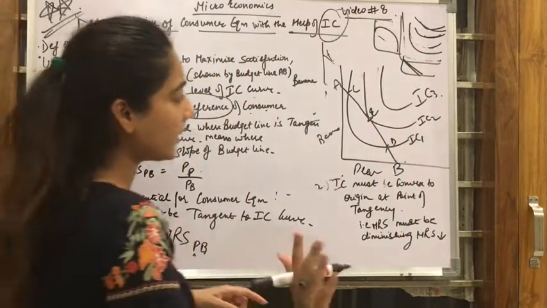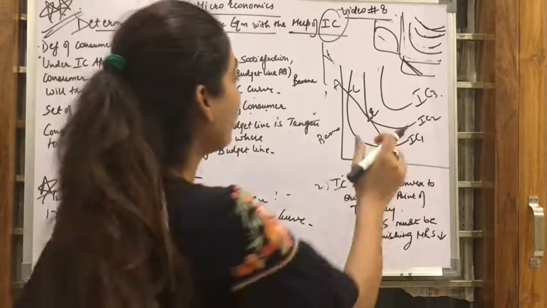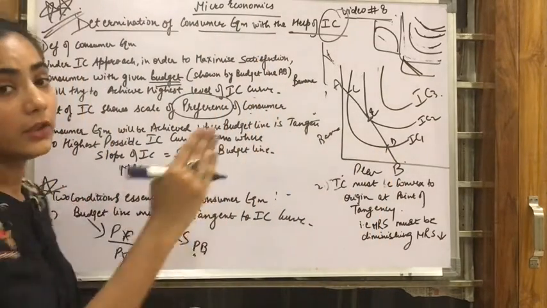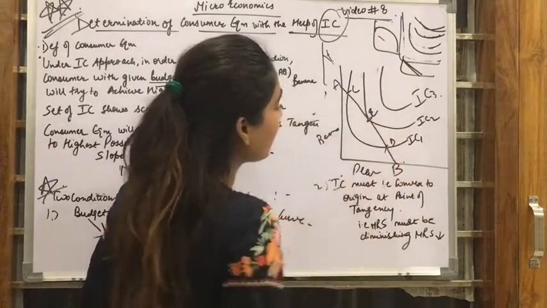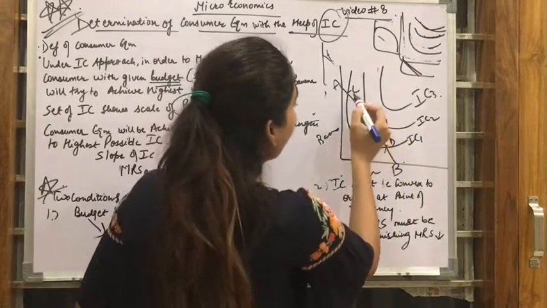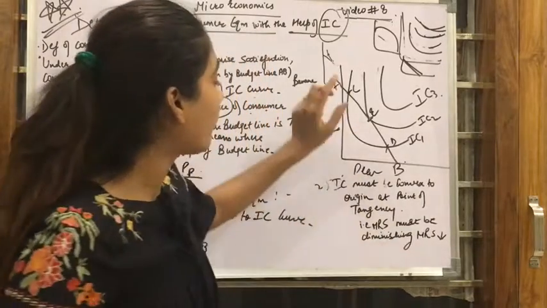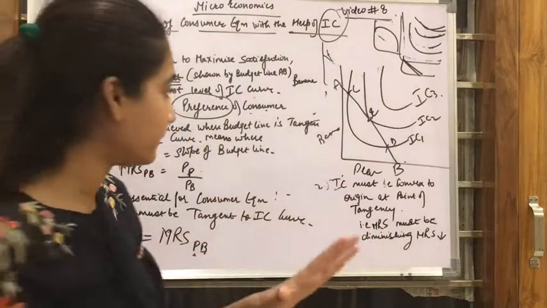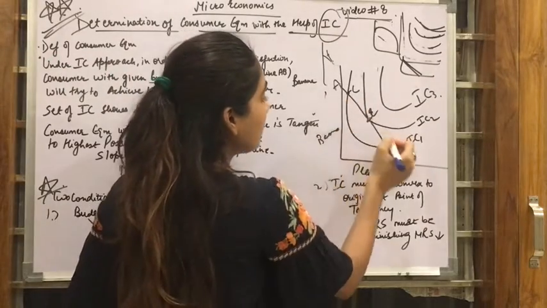It should always be convex. So, now you see, higher IC means higher satisfaction. We know the budget line, and the budget line should be tangent to the highest IC curve. Now the budget line, this AB, is touching IC1 and IC2 also. Points C and D are on the same IC1. That means they are giving the same level of satisfaction. And they are on the budget line also. So we can consider these two points.